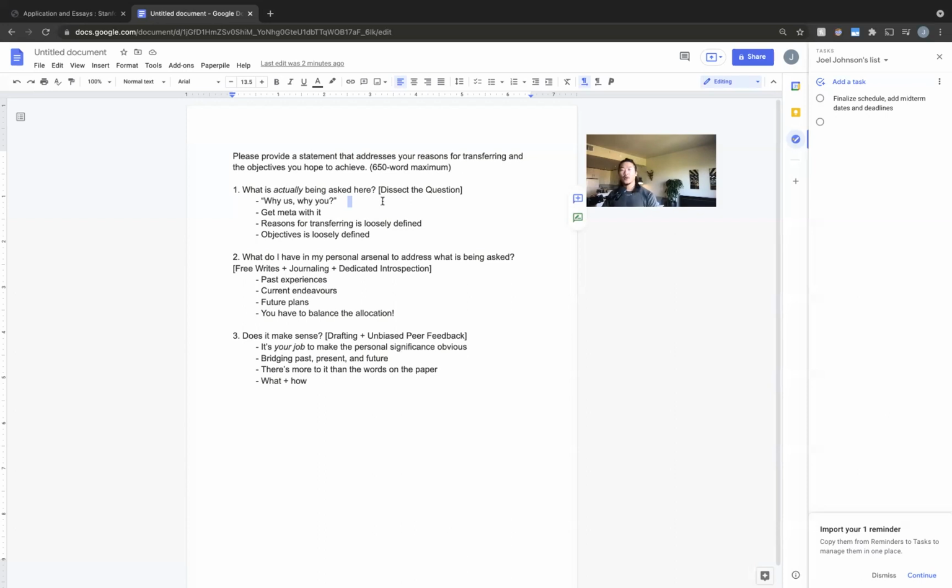So the two words that we want to be looking at are, well, I guess this is a phrase, but reasons for transferring and objectives. So I want us to be aware that you can be as obnoxiously meta with your interpretation of these things, because reasons for transferring is very loosely defined, and so are objectives. It's important to recognize that,